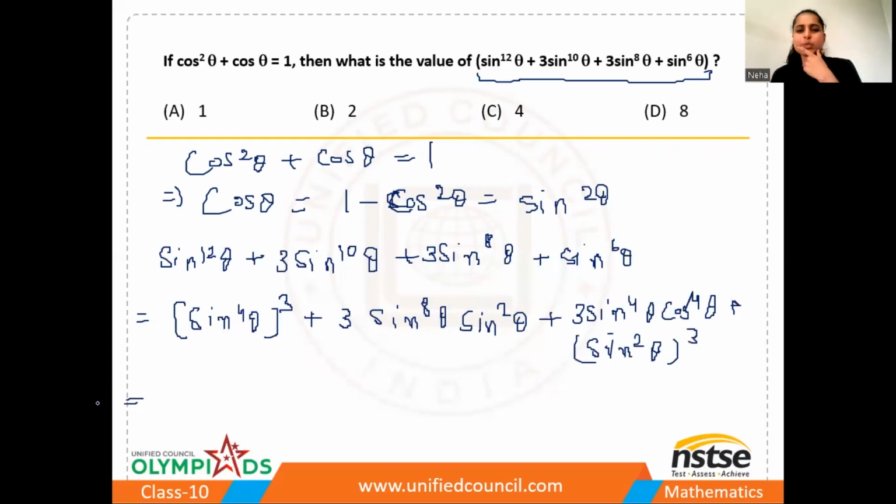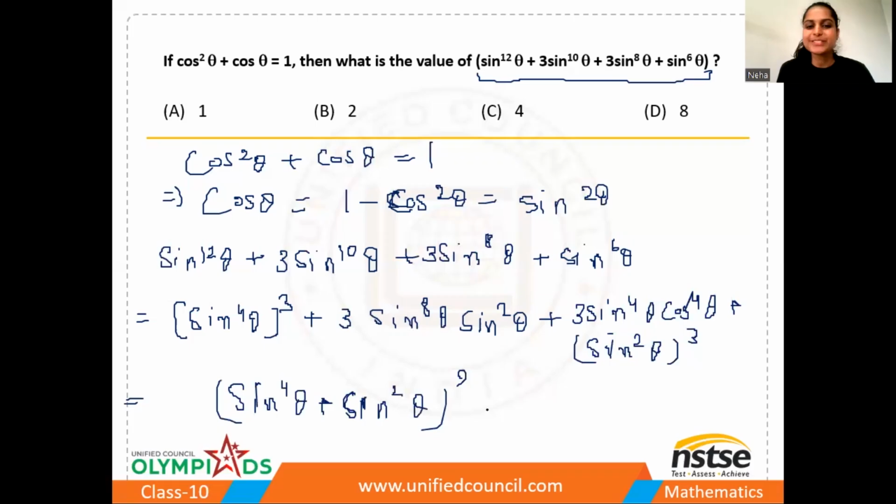So now, my dear students, if you see the equation very carefully, this is nothing but sin to the power 4 theta plus sin square theta whole square, right? So sin to the power 4 theta, I can write as cos square theta, because here you can see cos theta is equal to sin square theta. So this I can write as cos square theta and this I can write as cos theta